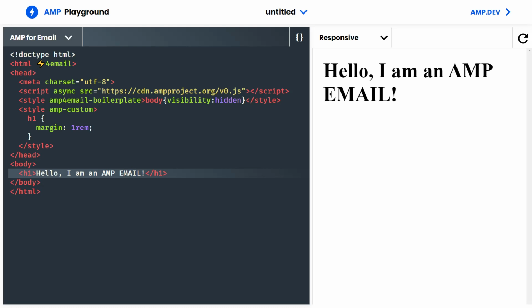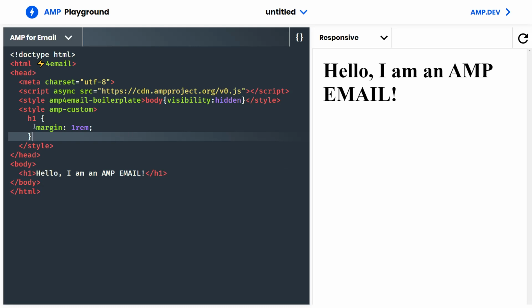AMP emails are used to create dynamic emails, and they also allow you to use AMP components in the emails that you create. They are also very versatile, and they allow for the email format to expand beyond the static 90s thing we have right now, where we have to add tables and inline styles. With AMP, you can use normal CSS styles.